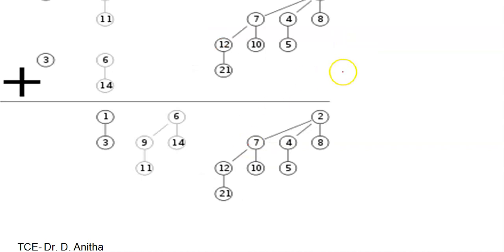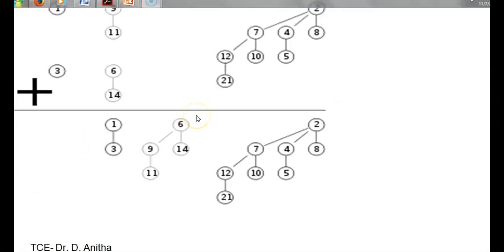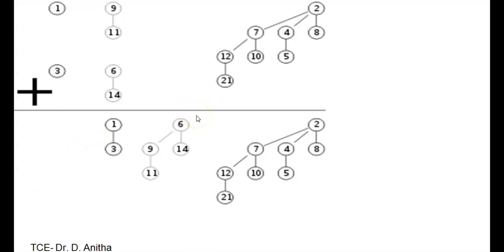So this is another example of how the union operation will be done. You have one binomial heap. This is one heap, right? 1, 9, and it is getting connected with 2. And this is another heap. So the very first that we should be doing is, first we need to put a merge. So how do we merge?